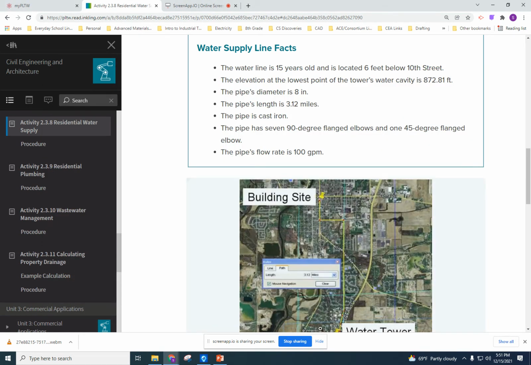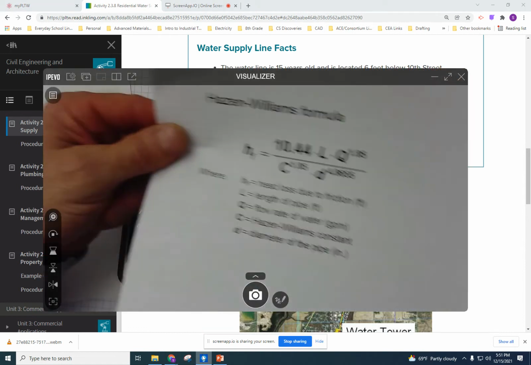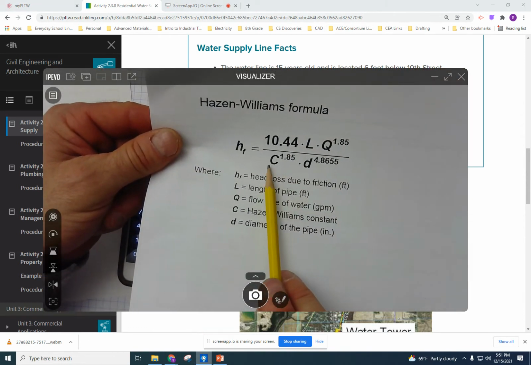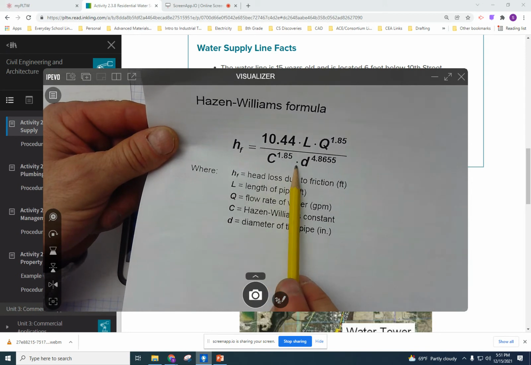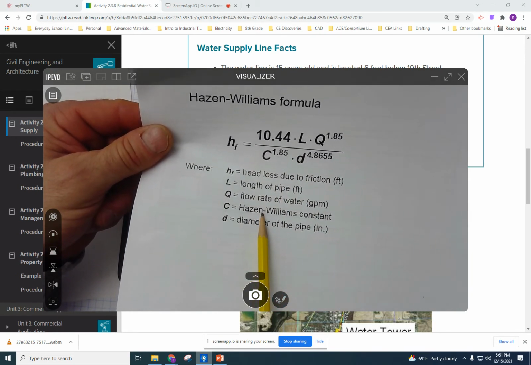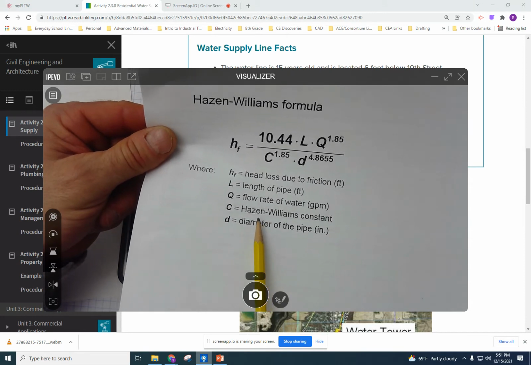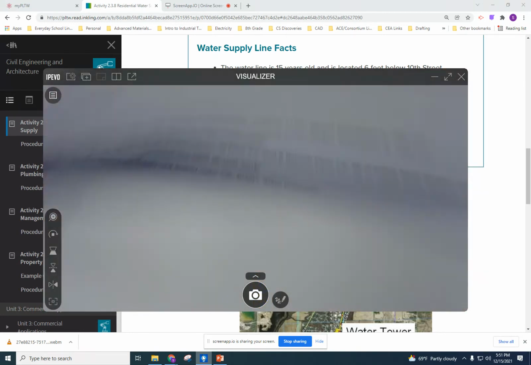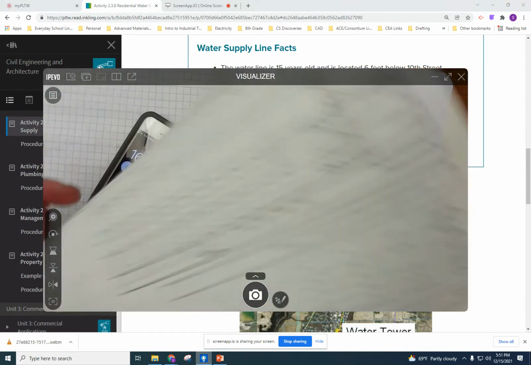Oops, I'm sorry, I should have left that up. That all gets divided by C to the 1.85 times D. D is the diameter of pipe. They gave that to us. And this is what I showed you on that chart already. So if I show you the chart,